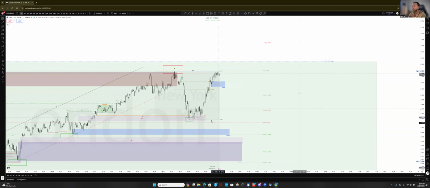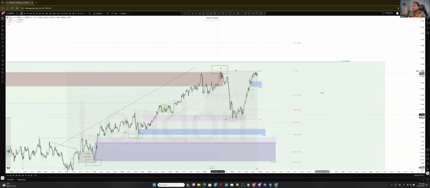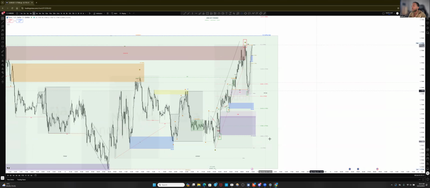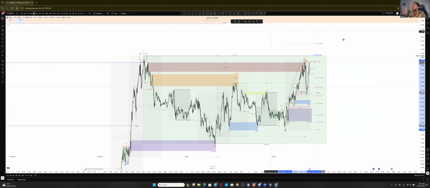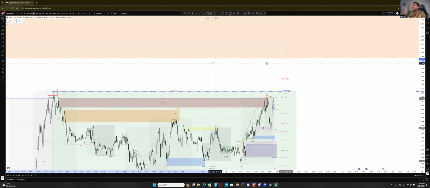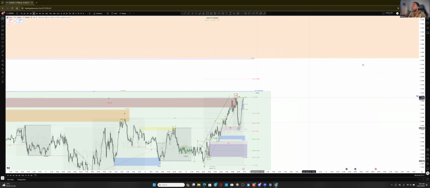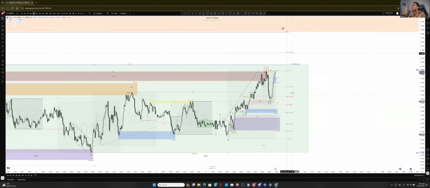I just don't like that we didn't react from a 50% range. So this wouldn't have been an entry that I was going to be interested in for the buy. It was outside of our discount. So some entries, it's just not for us. We're expecting price to reach at least above this range, or even to this previous day high that's been sitting for a few days. We can expect price to reach at least to that range.